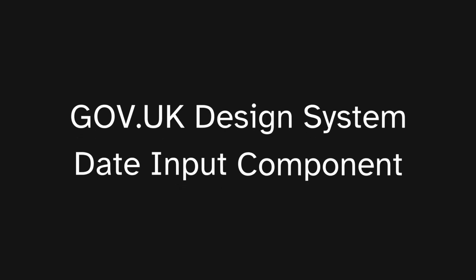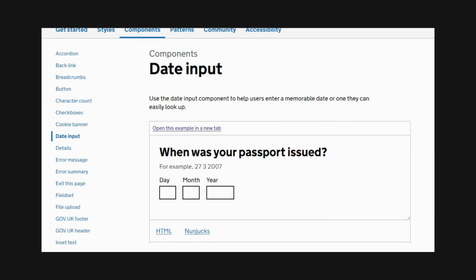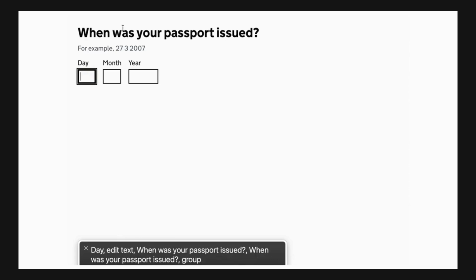And lastly, we have the gov.uk design system date input component. When was your passport issued? For example,